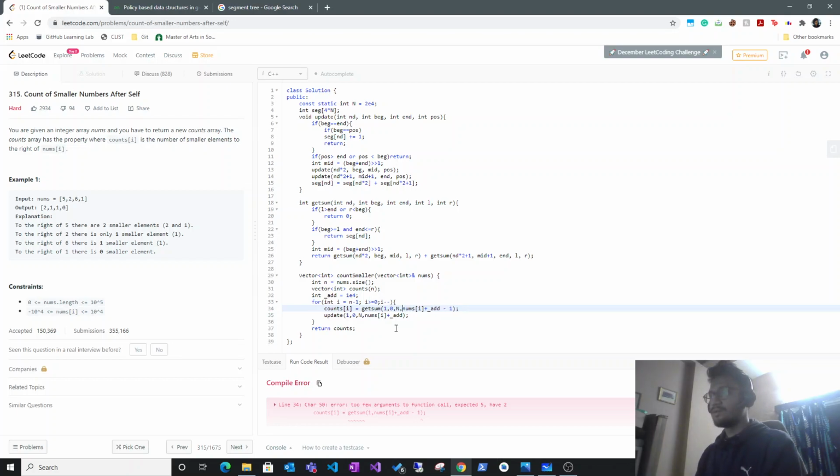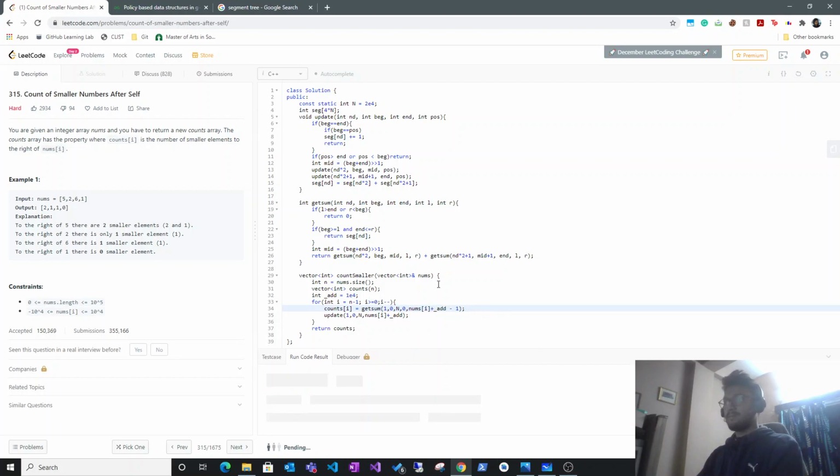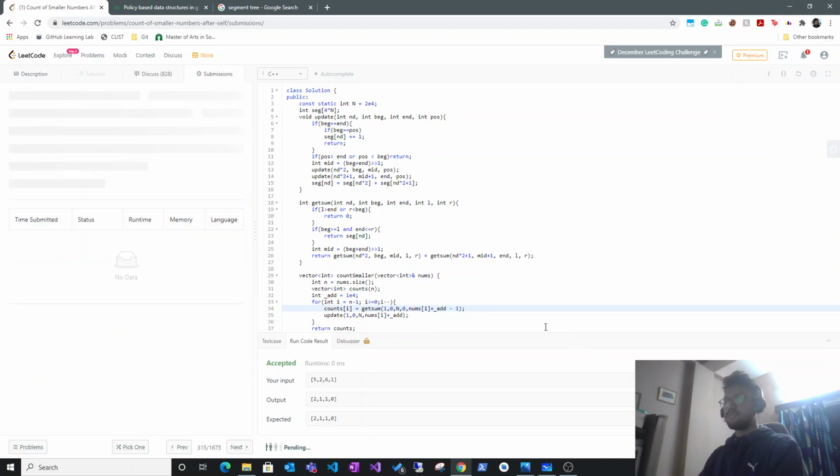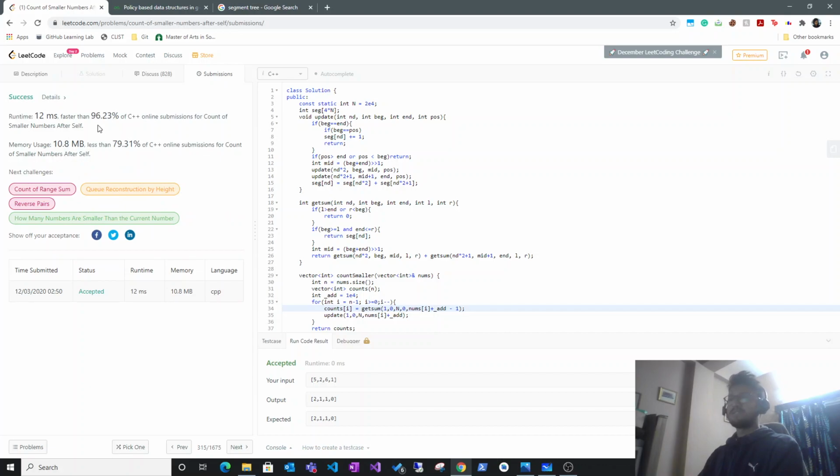This is not the range we are looking for. Yeah, so 0 to n. The beginning is 0 and the end is n, and the range is again 0 to nums of i plus add minus 1. Okay, correct. Okay, so this is accepted. Let's just take a chance and submit this. Would this work? Brilliant, 96.3%. So yeah,